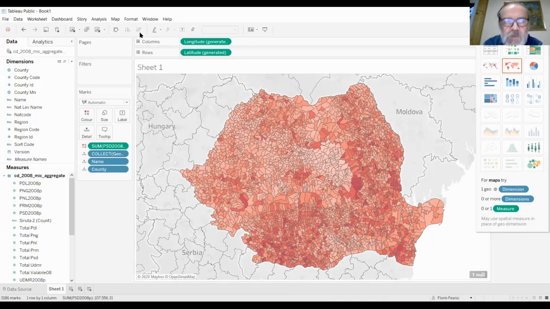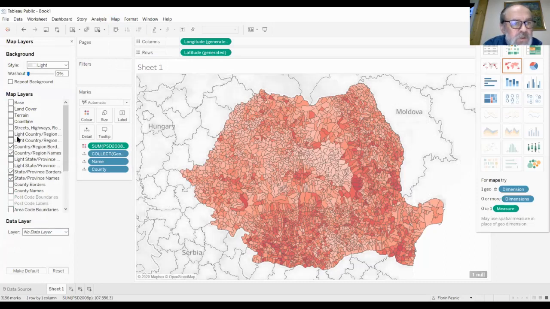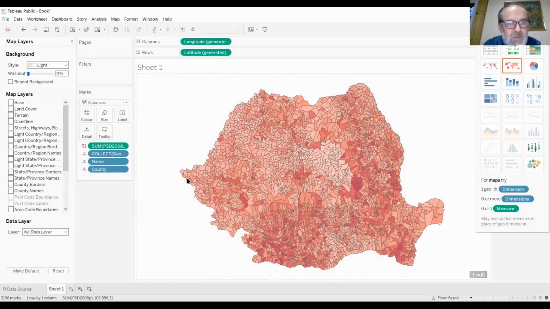A final step that we might want to do before we save our work, we save the map, is to remove everything that's outside the actual map that we're interested in. So we go to the map menu, map layers, and we deselect everything that's selected by default.